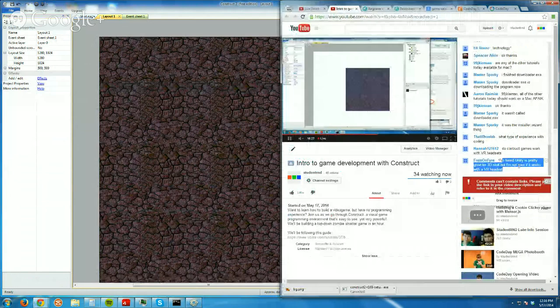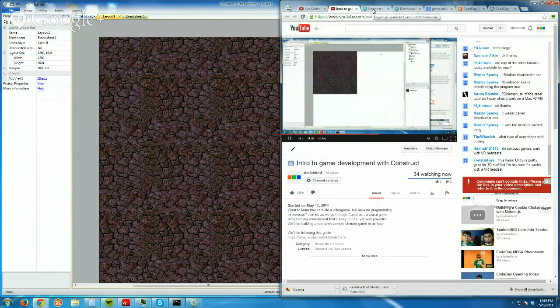Frets on Fire is saying, I've heard Unity is pretty good for 3D stuff, but I'm not sure if it works with a VR headset. Yes, actually Unity does have built-in support for Oculus Rift, for instance. Unfortunately, we're not doing a Unity tutorial, but Unity is definitely a great tool to learn and build